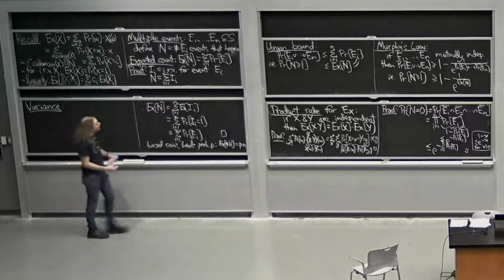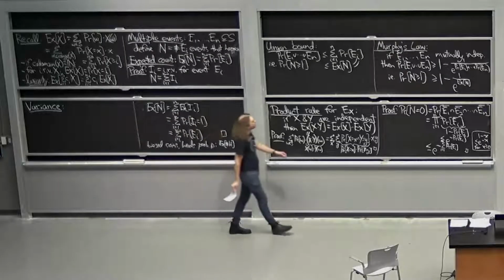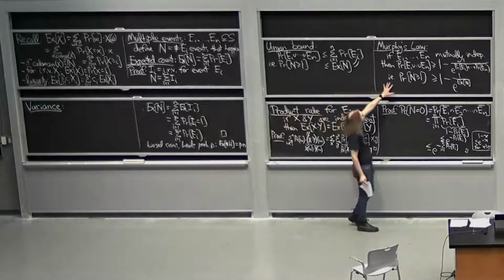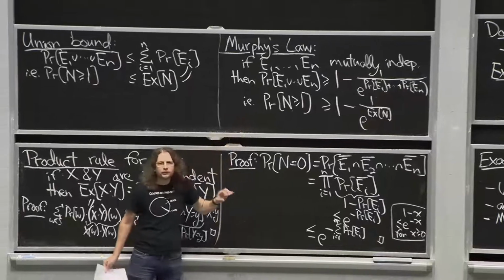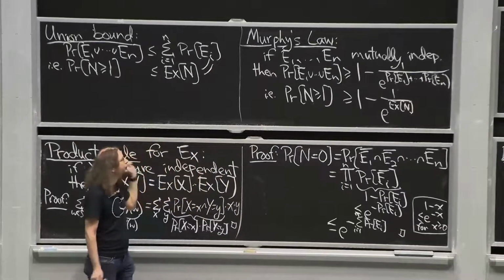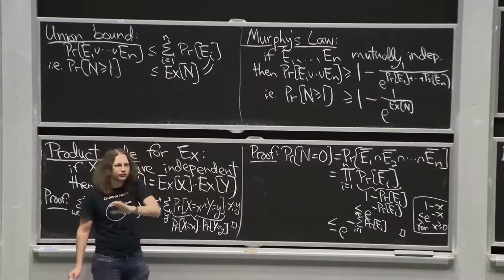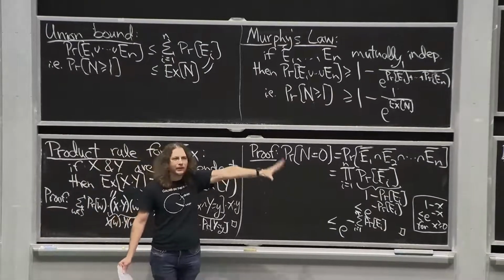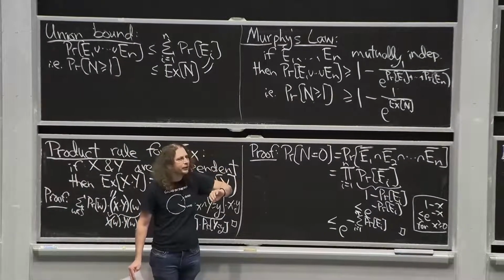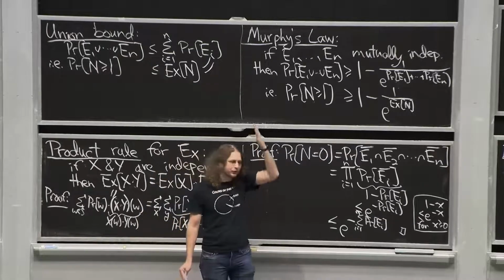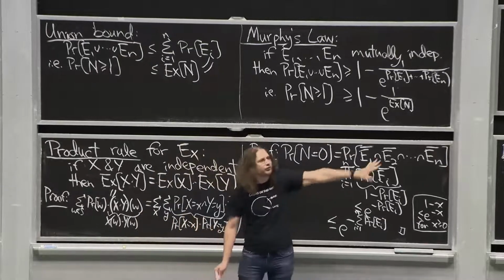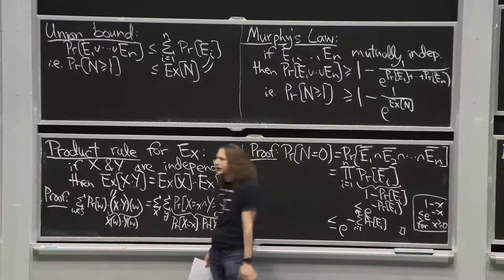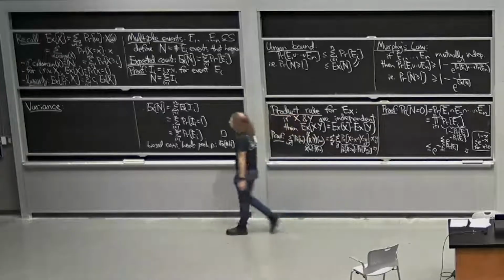And in some sense, what we did with the union bound and the Murphy's Law was trying to capture a little more than just the expectation, just trying to understand how much is at the zero spot versus everything else. And next class, on Tuesday, we'll talk about a more generalized form of that, where there's some cutoff, and we want to know how much probability is out beyond the cutoff. Those are called tails of a distribution.